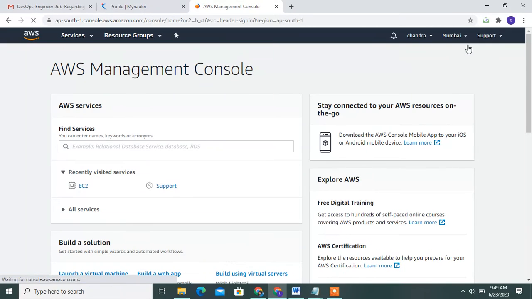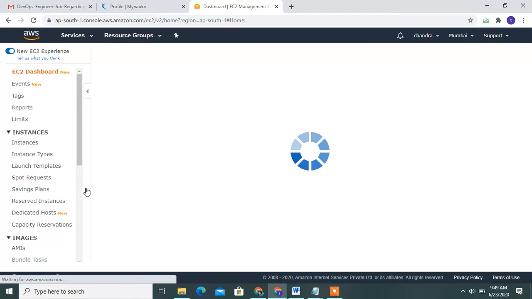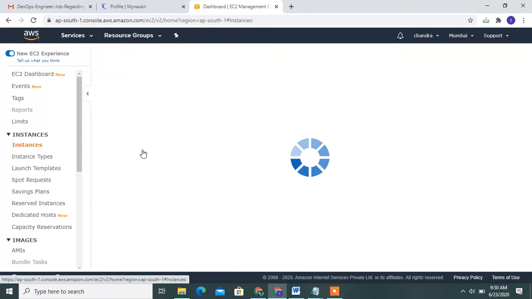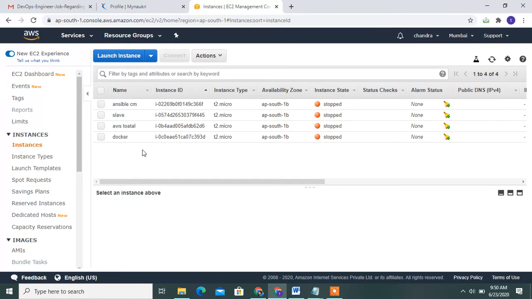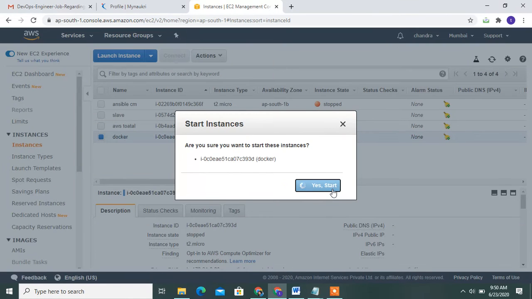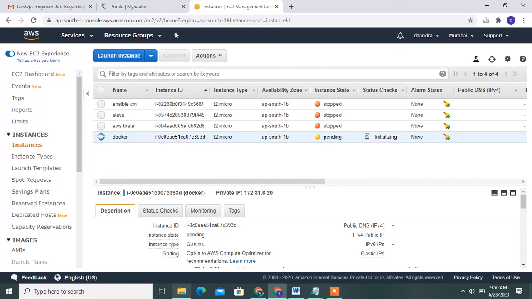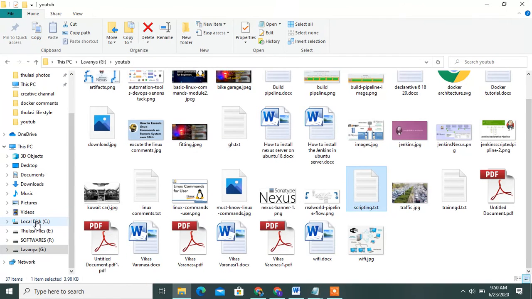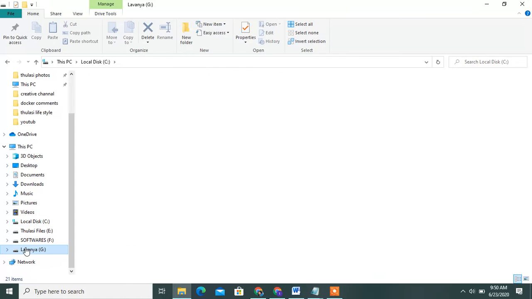First of all, run the Docker server. Go to EC2 instance, go to the running instance. This is my Docker server. Start my server. Go to the instance test and start it. Go to my pem file. This is my AWS pem file.